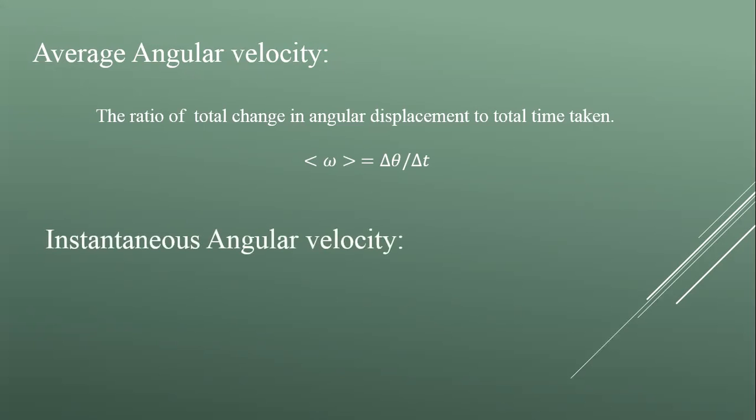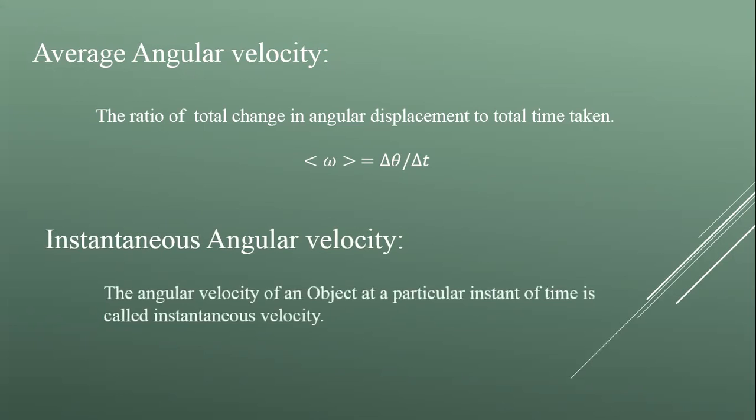Second type is instantaneous angular velocity. So the angular velocity of a body at any instant of time. When object is moving in a circle, then rate of change of angular displacement of an object at a particular instant of time is called its instantaneous angular velocity, and mathematically it becomes omega instantaneous equal to this limit delta